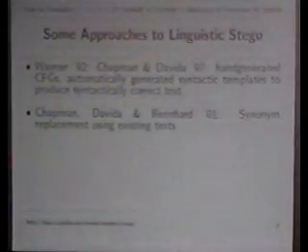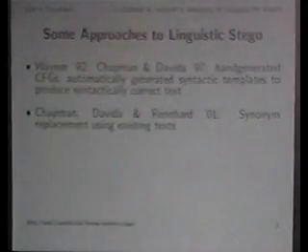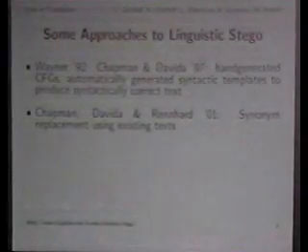So one thing they did then, they automatically extracted syntactic templates from text and essentially took the volumes of Shakespeare and produced a grammar that would produce text that looked like it came from Shakespeare. The problem is it was semantically terrible. Syntactically correct, somewhat, but semantically terrible. Chapman and Davida improved on that by doing synonym replacement on existing text. So you would take some existing text and just substitute some of the words in that text by synonyms. Synonyms are words with the same meaning, and thereby you get a semantically, syntactically coherent and rhetorically correct text, except that you have to come up with good synonyms and you have to come up with this good original text that you're going to substitute on.